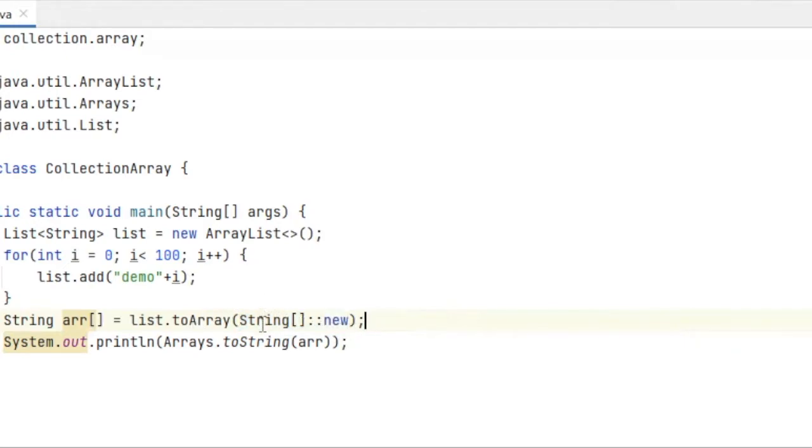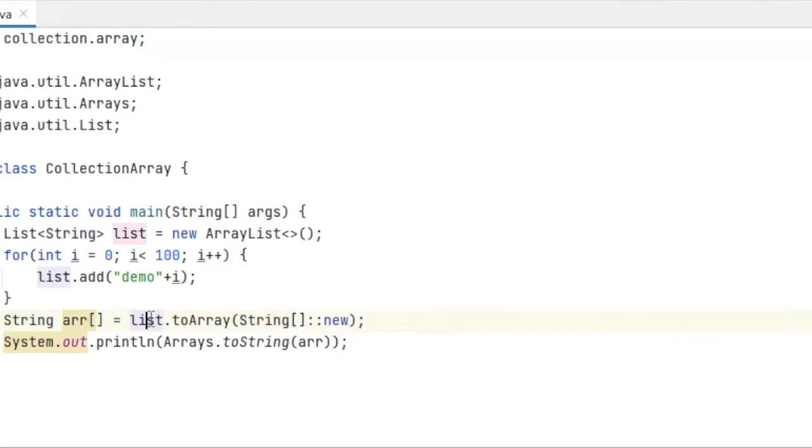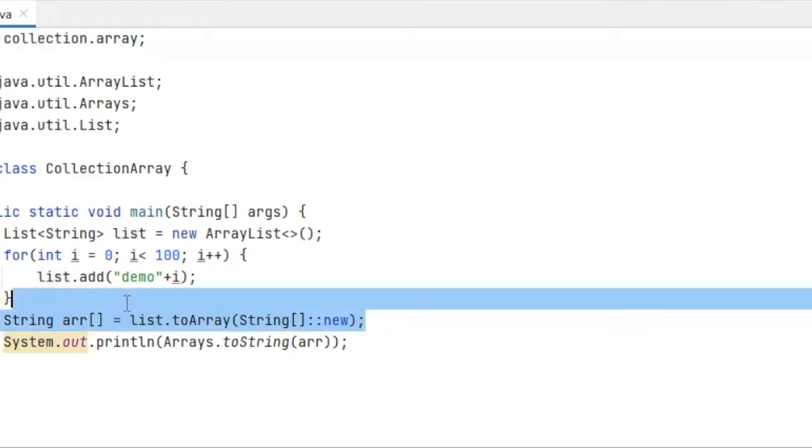I am just specifying the data type, this is the array, and it instantiates this string array. The size of the array will be the same as the list size. That's the one function introduced in Java 11, and it's more of a modification and enhancement in the sense of performance, and also in the sense of readability and understandability.